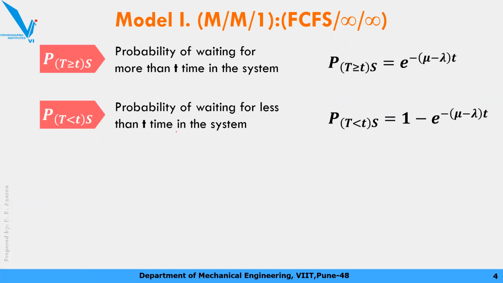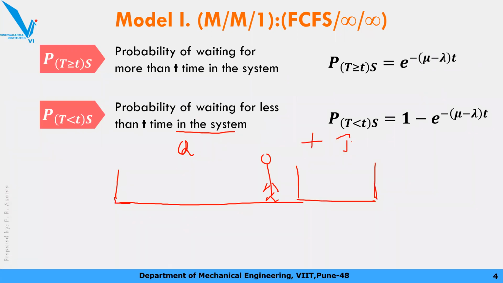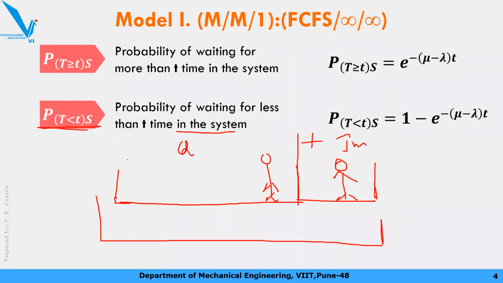And remember, this time is in the system. So when I say in the system, that means the time taken by the customer in the queue, standing in the queue. Okay, and also in addition to that, the time required for billing your material. Okay, the time of the billing cycle also gets added in it. This time is not only for the queue, it's a total time. Your time starts from entering the queue and ends when you go out of the shop. Total time is this t.